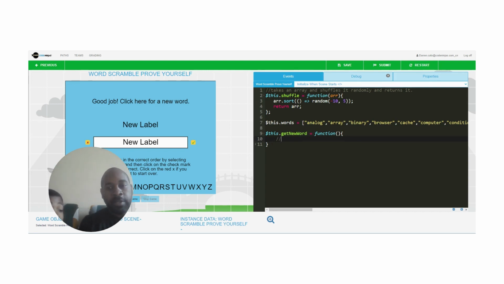We're going to clear out the guess text, right? And then what else are we going to do in here? We're going to select a random word. So we're going to select